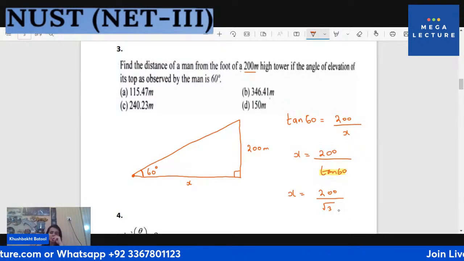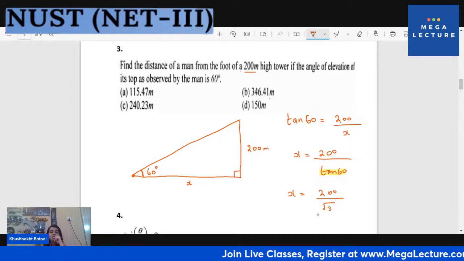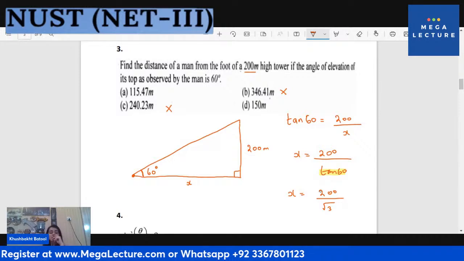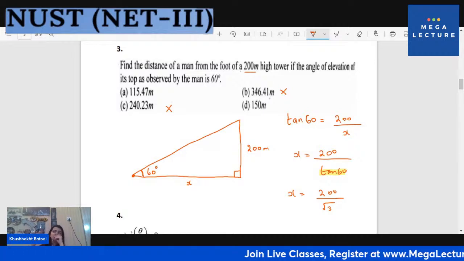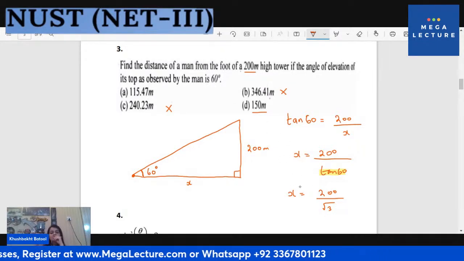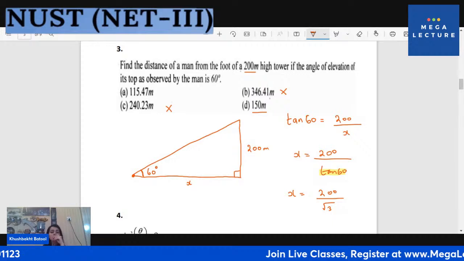Now, how do you solve this? Now you know that root 3 is something greater than 1 but less than 2. So obviously B cannot be the answer and C cannot be the answer, because if you have 200 in the numerator and you are dividing by something that is greater than 1, then you won't get a number greater than your numerator, right? So it won't be B or C. Okay, now you know that it cannot be 150 because this root 3 would be greater than 1.5. So when it is greater than 1.5, it would be less than 150, and the only option you are left with is A,